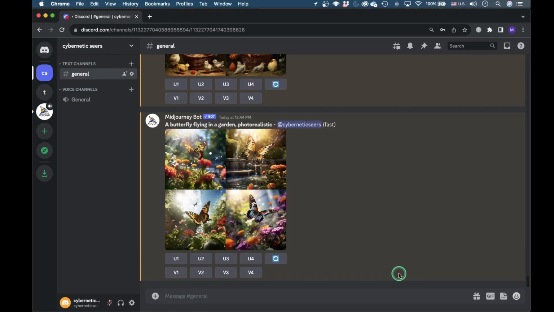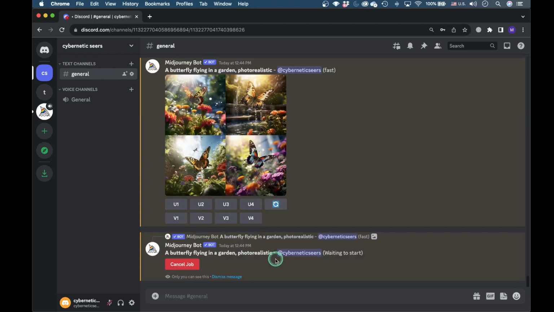Okay, image is ready. There are two rows of buttons under the images generated. The re-roll button at the end of the first row is for regenerating the images. This will happen if we think the images generated are not what we are looking for. So let's rerun the prompt and click on the re-roll button.